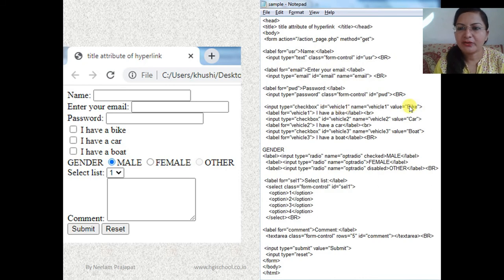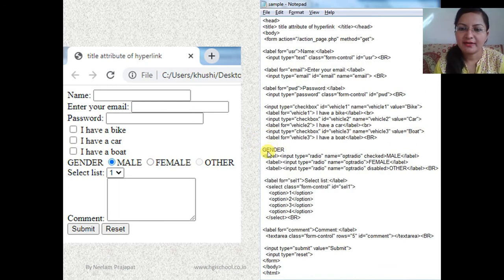Okay, so here the value you have to put, value is bike. Okay, input type checkbox, the checkbox will not read this content. So value we have to put, that is the value of this checkbox. If we are clicking on this, what will be selected? Bike will be selected. So here input type checkbox and value also you have to put, and that is value bike. Here the second checkbox, input type checkbox and the value car. Then input type checkbox, value is boat.